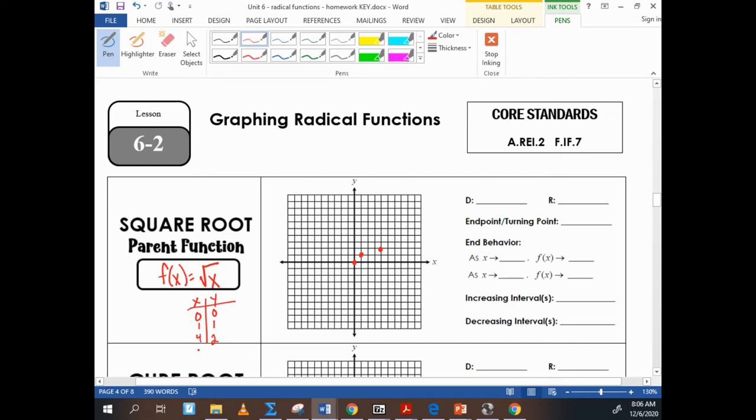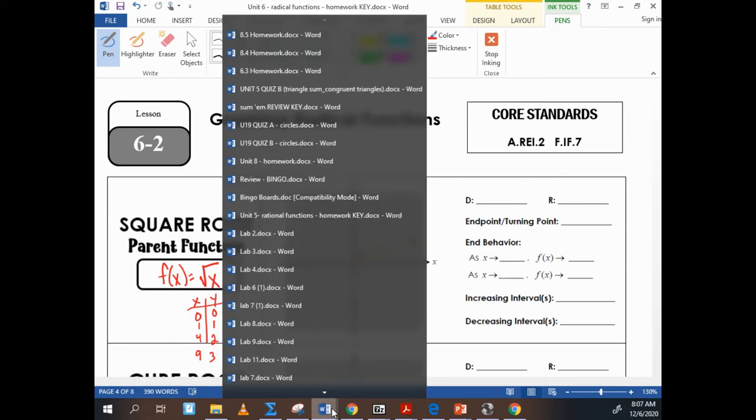And let's do one more. The only other square root that I know within this graphing range is 9. So the square root of 9 is 3. So when I go over 9, 2, 3, 4, 5, 6, 7, 8, 9, I'm going to go up 3. Now, before we connect the dots here,